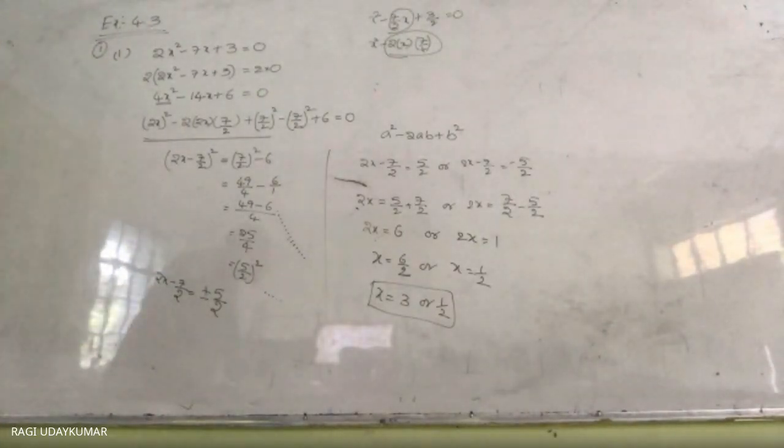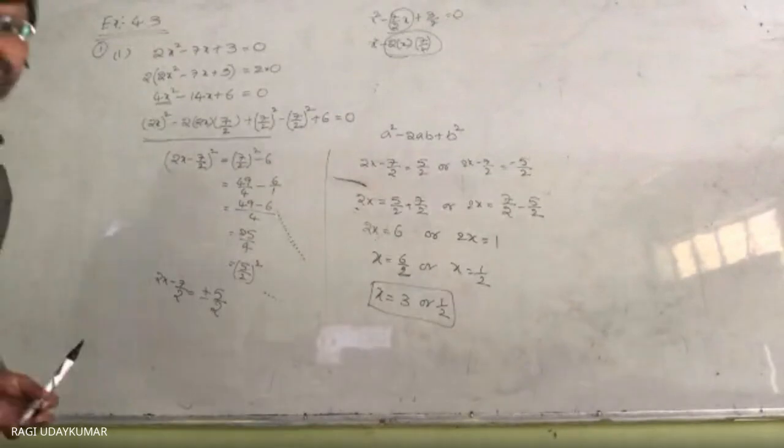Our intention is to make it a perfect square. Perfect square करना है. Perfect square करने के लिए you can do any way. But at last, our motto is to make the expression a perfect square. Whatever expression we are getting, we should get it as a perfect square. So that is the only main motto here.